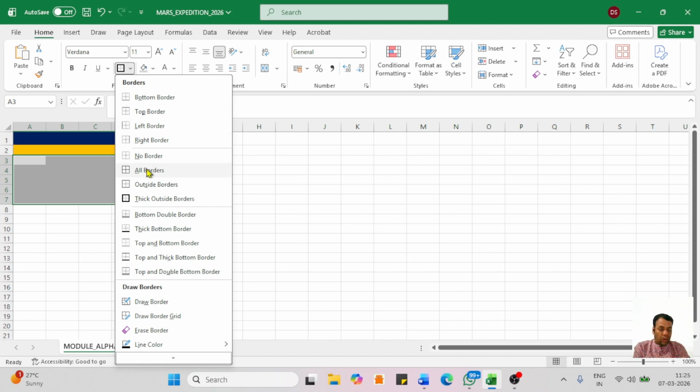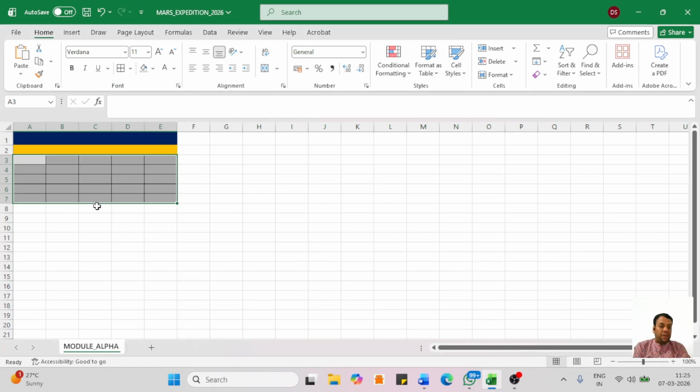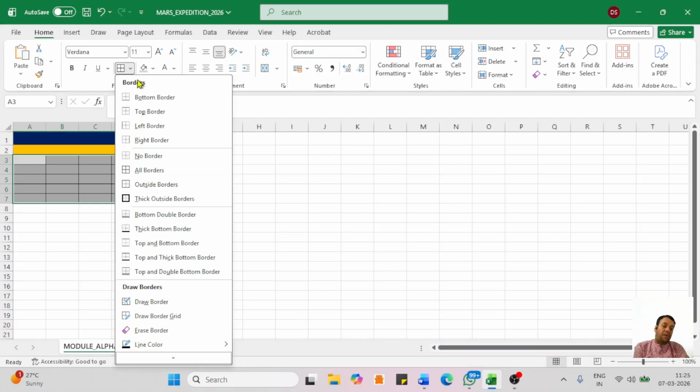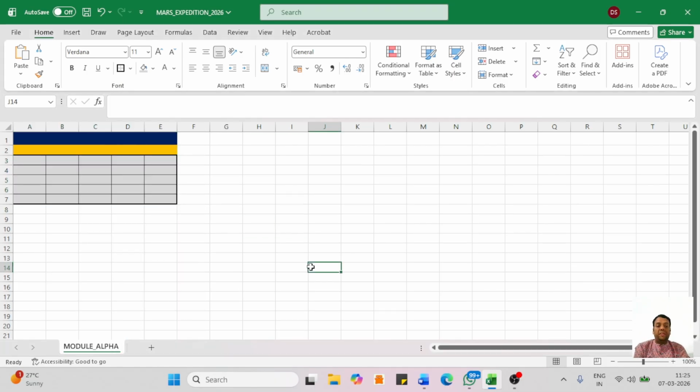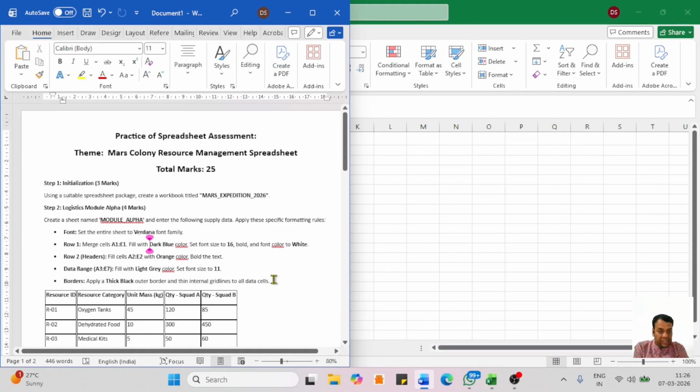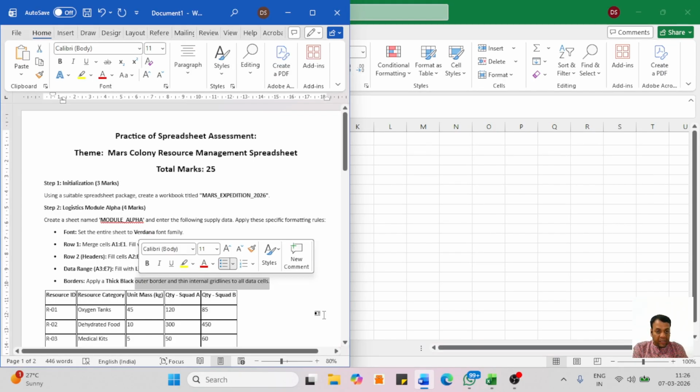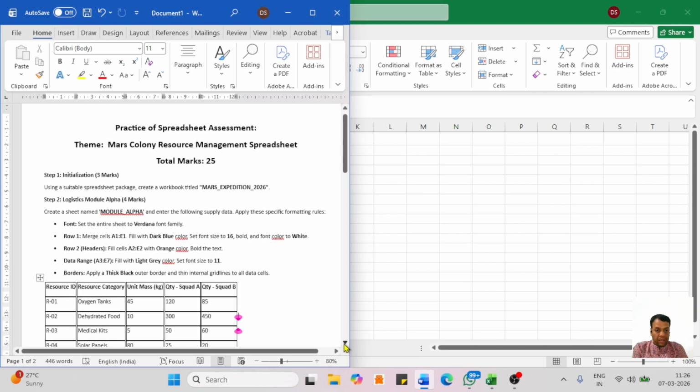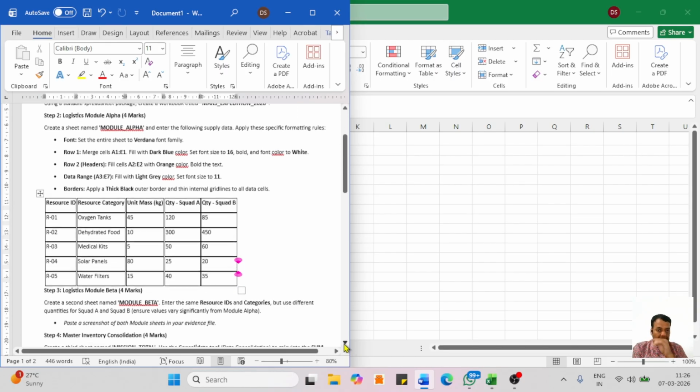So I select all borders. But when you apply all borders, automatically the outside thick border will go. So please redo the thick border step. Thick border outside is required to be applied after you do inside border. Okay, so thick border is applied. Now what is the next thing? We have done the color filling and the border. Now the next thing that they want is